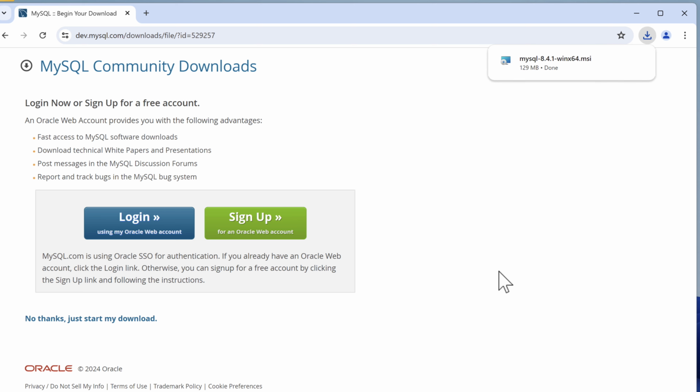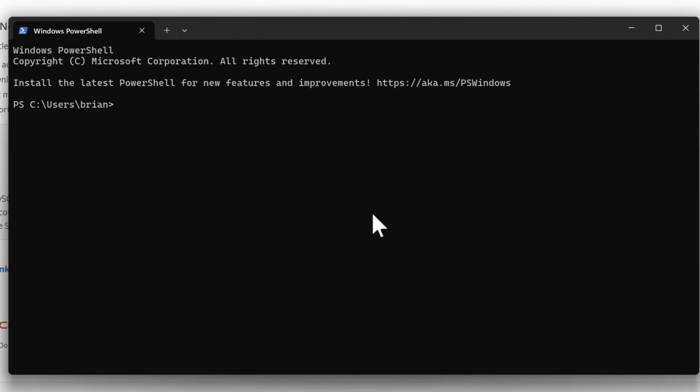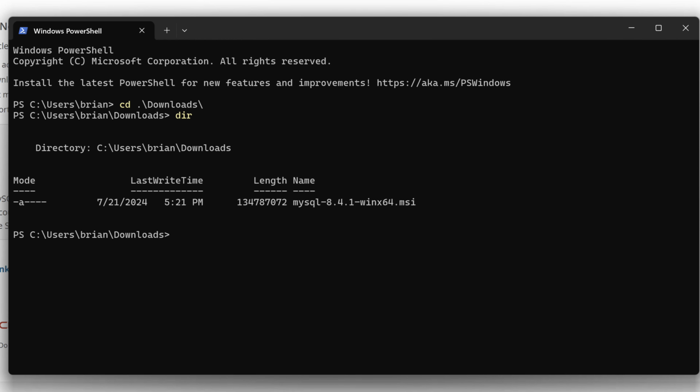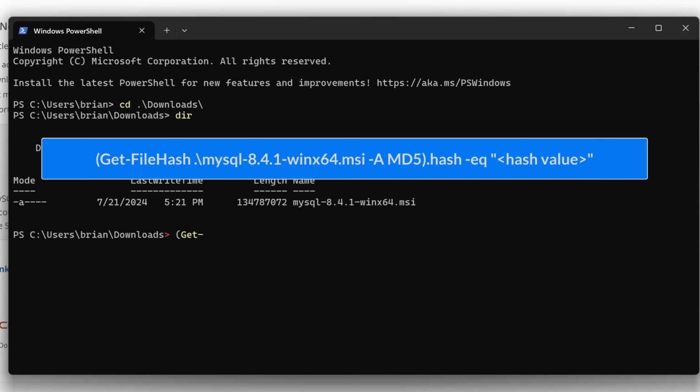The download is done. Let's open a PowerShell window and cd into the downloads directory. We'll run dir and we see our file is there. Before installing, let's verify the integrity of our download file with the MD5 hash we copied. In the PowerShell window, type Get-FileHash mysql-8.4.1